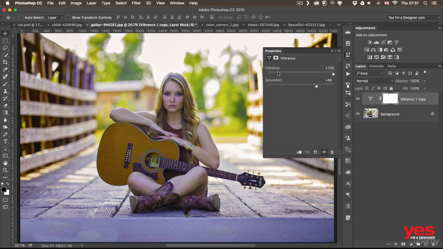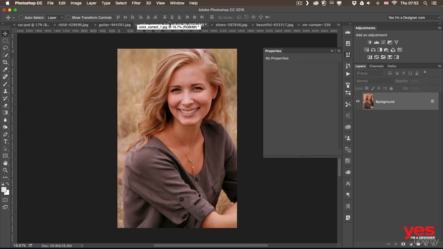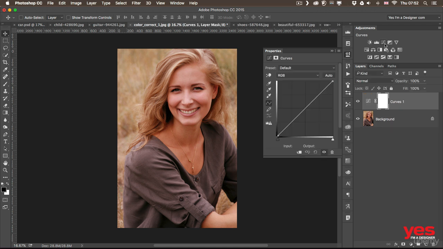Now, since we are talking about color adjustments, it's important to mention color correction. And for color correction, most of the time we would use the curves adjustment layer. So let me switch to the next example here. We have a nice portrait, but the colors are not perfect. It is sometimes hard to tell whether you have the correct colors or not. But by using the curves adjustment layer, there is a very simple trick to check and almost automatically adjust the